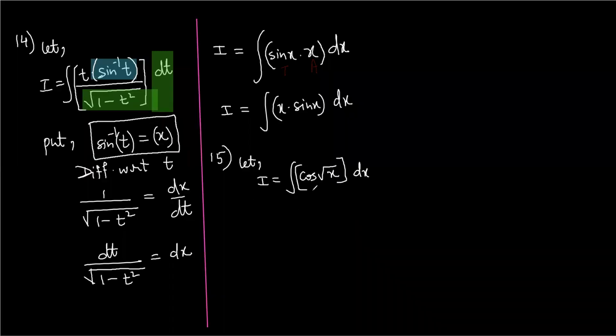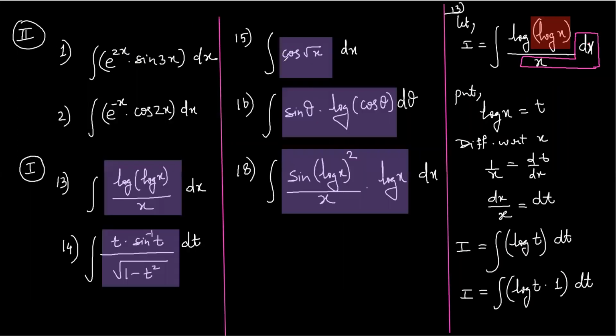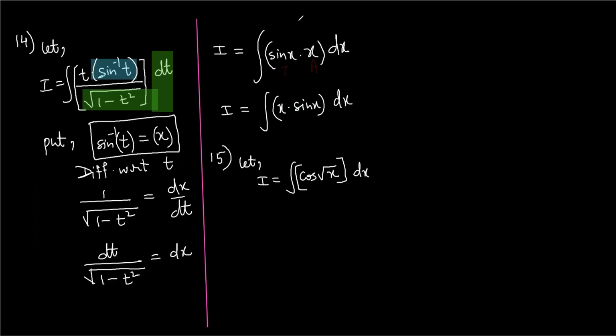Now we have here the 15th question, cos of root x. See, this problem I'm solving: the 15th integral, cos of root x dx. In this, I notice once again that we have cos of root x. The angle for cos, a trigonometric function, is root x. And if I'm integrating with respect to x, as I've told you, dx, that is with respect to x,